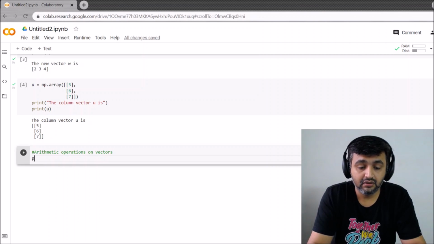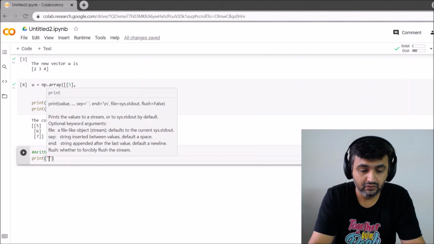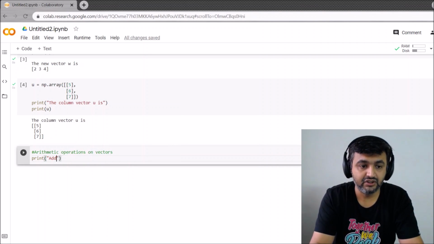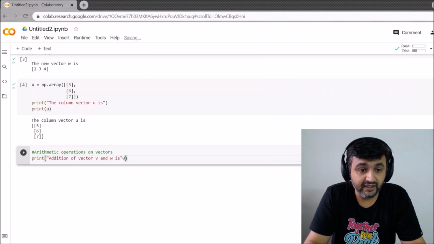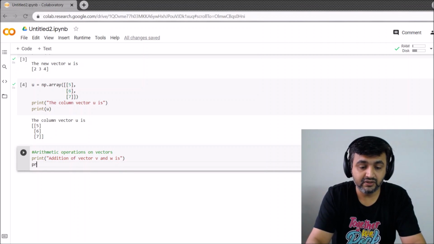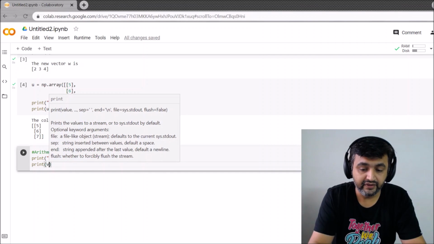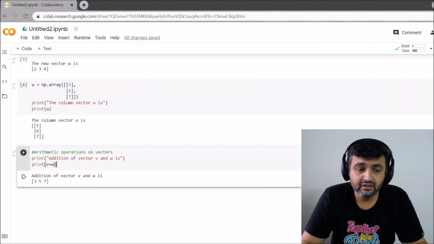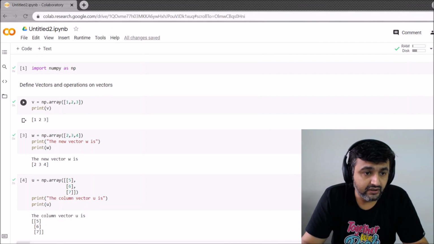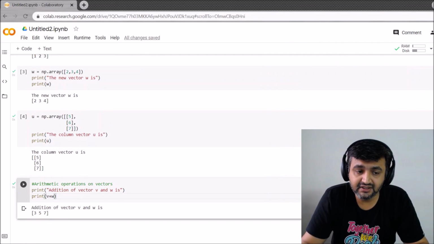So you can add 2 vectors, right? Addition of vector, let me write down. Addition of vector v and w is, now there are 2 ways you can add. One way is you can directly say print v plus w. That's the straightforward way. Once you press Ctrl Enter, you get the addition of the vectors. And how is the addition? Component wise. You can check over here. This is my vector v and w. So 1 plus 2, 2 plus 3, and 3 plus 4. So they have simply added the vectors component wise.